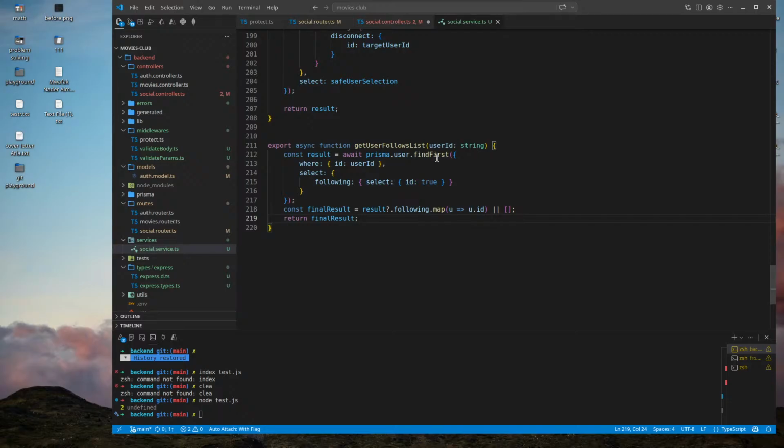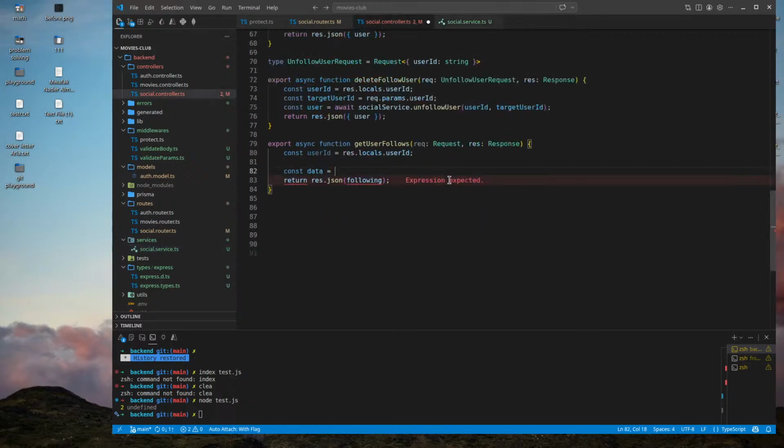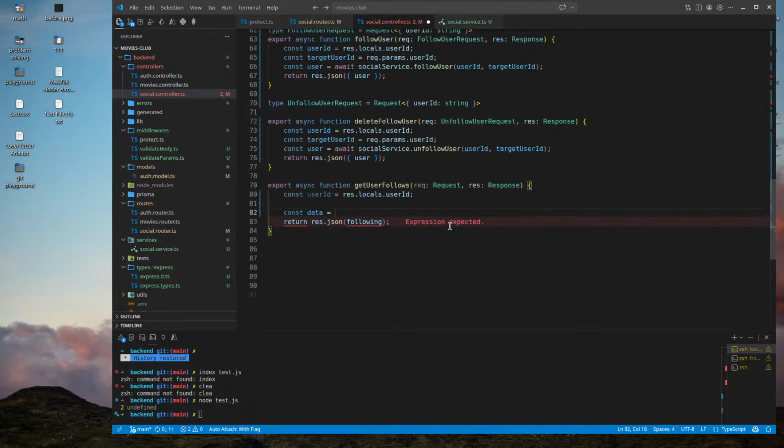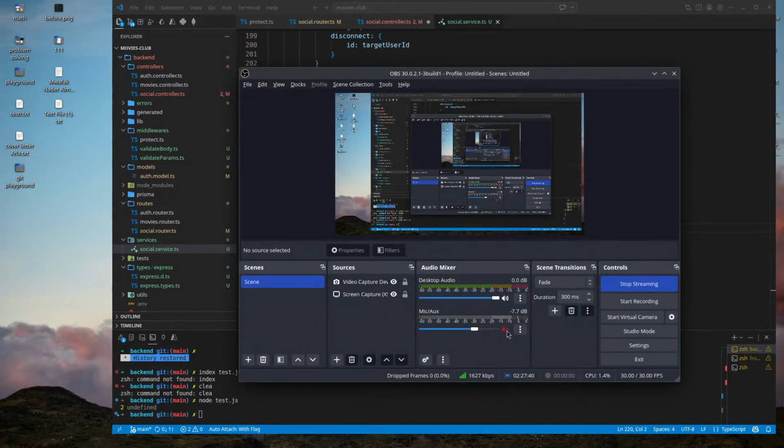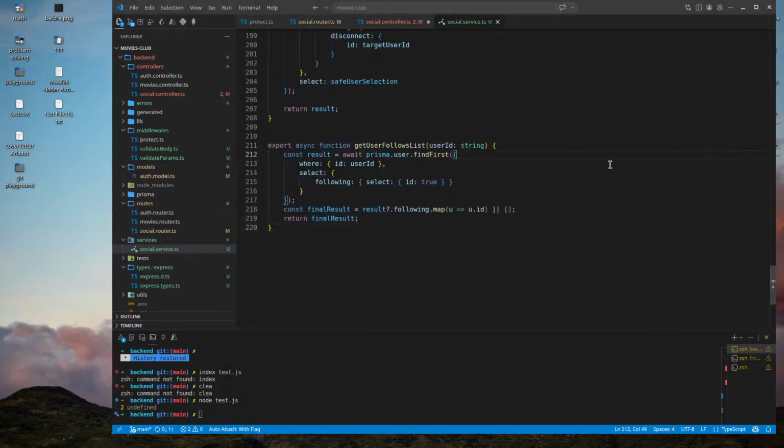Okay, now let's check this user. If this user does not exist, findFirst, I mean, if we look at the result, it could be null.